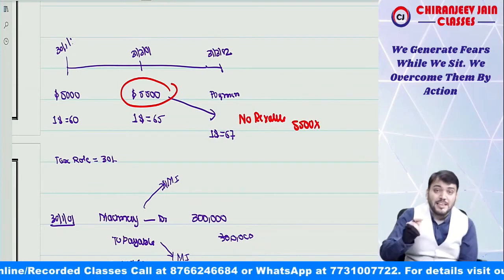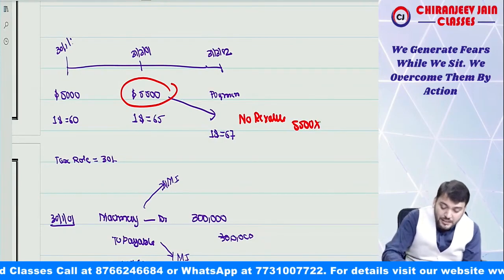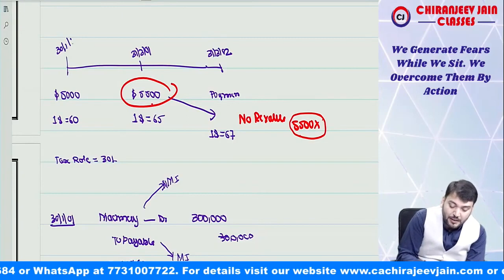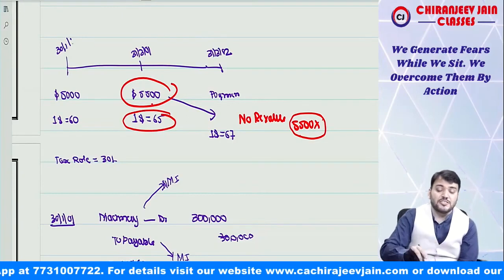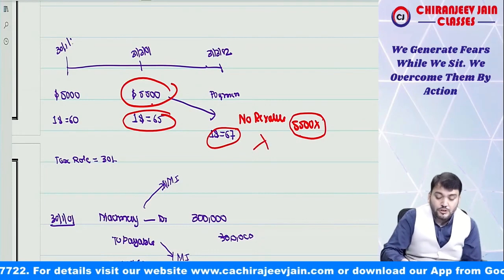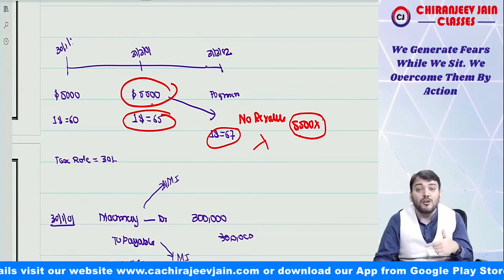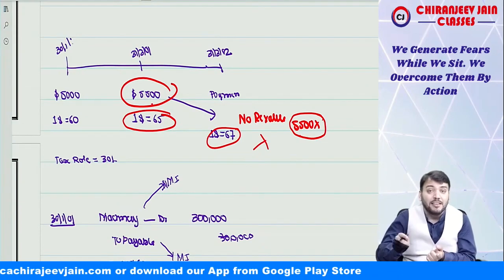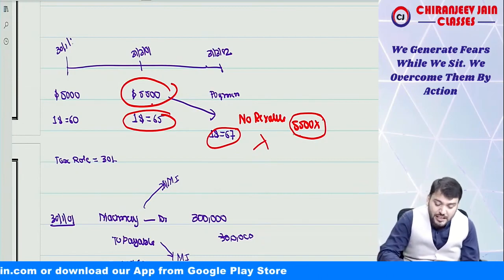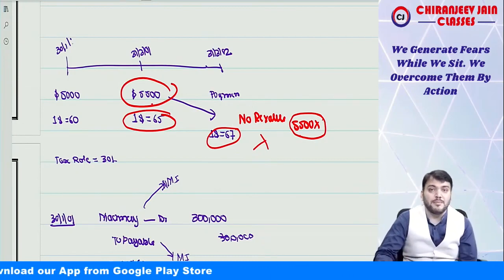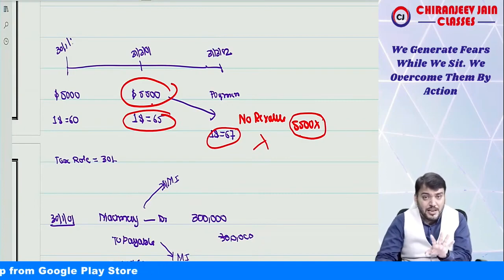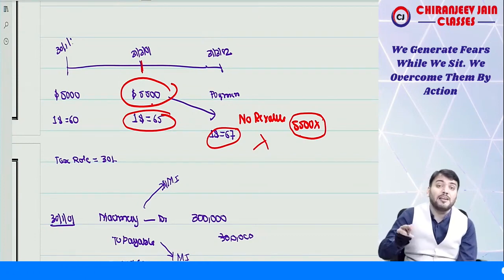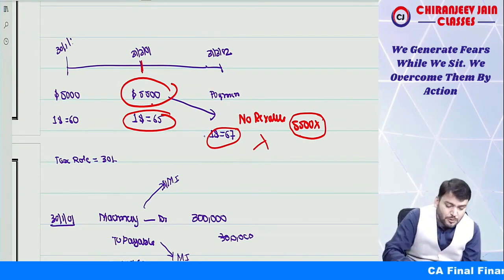5,500 remains same. So what Ind AS 21 says is that we will take the transaction date of the date when the fair value was determined. So can you see it will be translated by using 65, but in your suggested solution they have taken 67, which is wrong. So when we translate a non-monetary item carried at fair value, translation will be done at the rate when fair value is determined. So in this case no revaluation and it is 5,500. Fair value is of which date? Fair value is 31st March 2001. So we translate using the date when the fair value is determined, therefore no translation required.